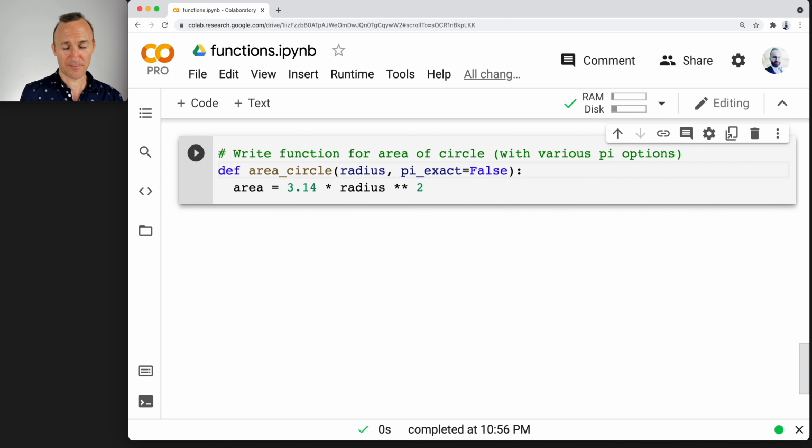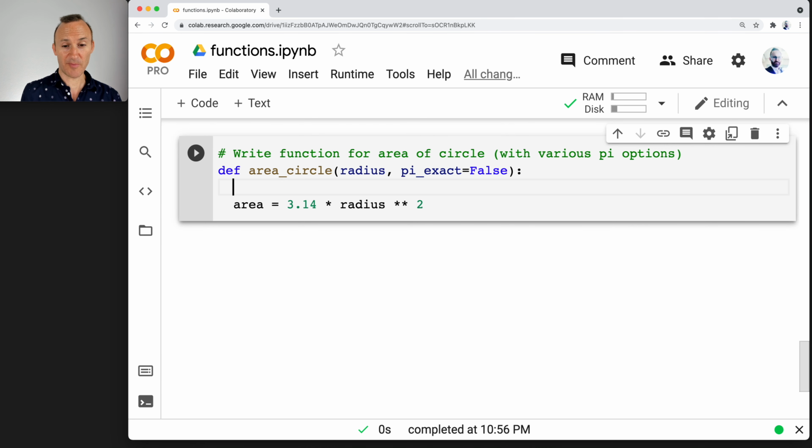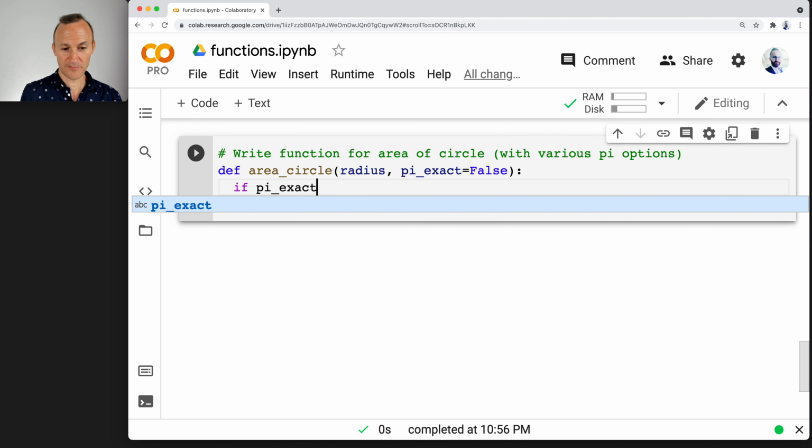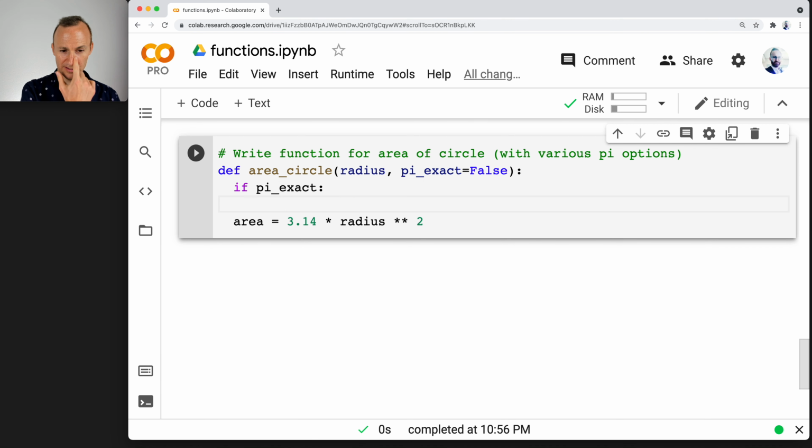Okay. So the idea here is that that can be changed when you call the function. So if it is changed, okay, if pi_exact is True, then we can have a different result. So in this case, let us consider what it would mean to actually be exact. It would mean that if the answer has a pi in it, you're going to need the string pi. Okay, so I think we want to do something like this. Area equals,